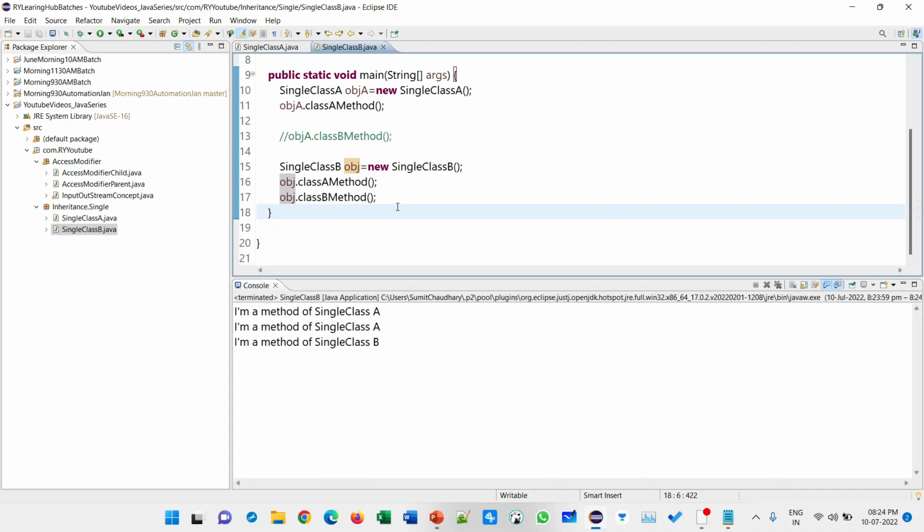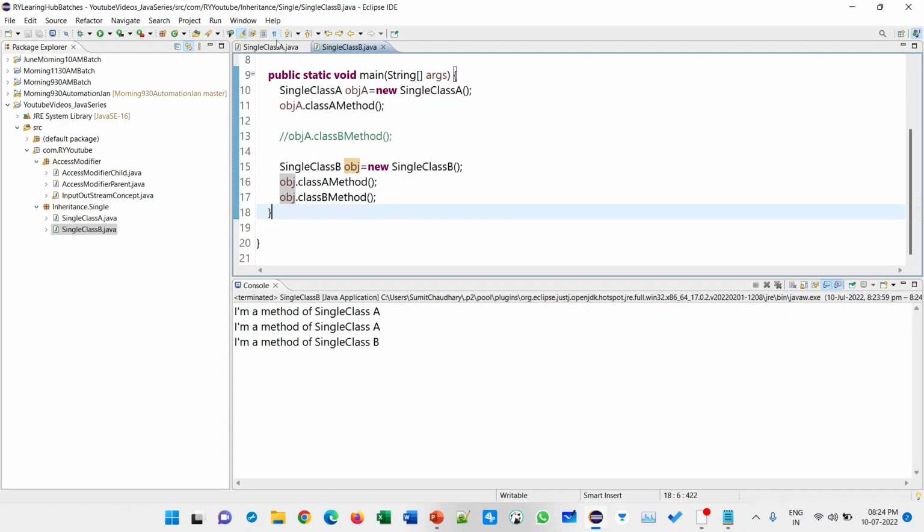So what is the use of inheritance? If any interviewer asks you what is the use of inheritance, Java says it is reusable programming. That means you create a generic method or a very complicated method in your project, and you can use that method everywhere as per your requirement.